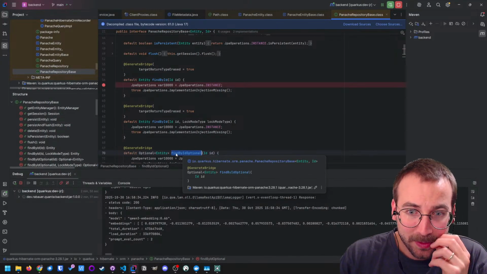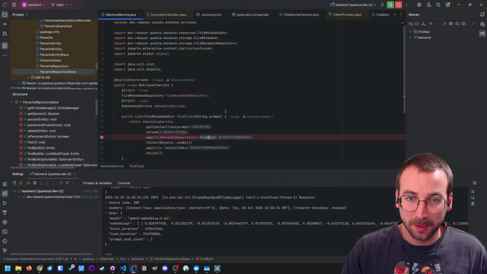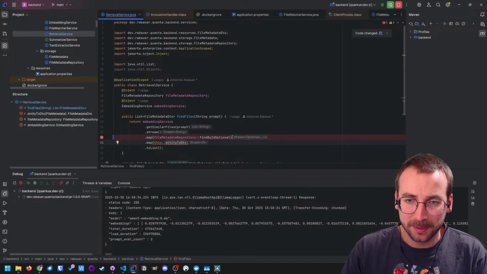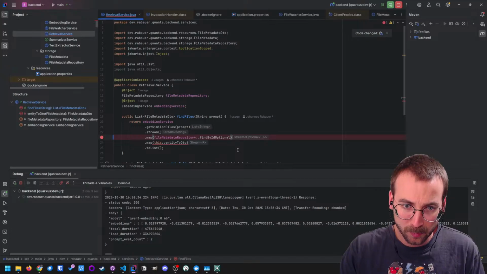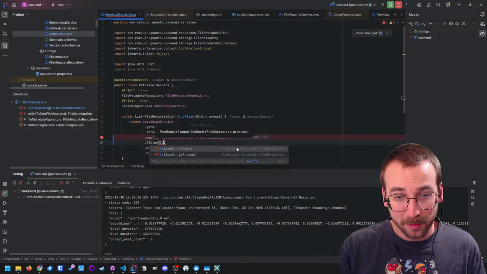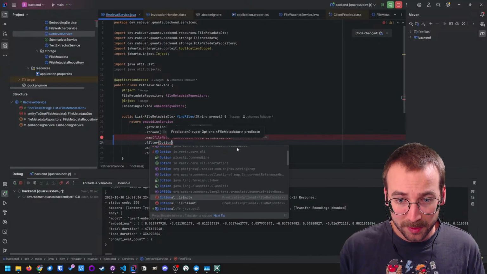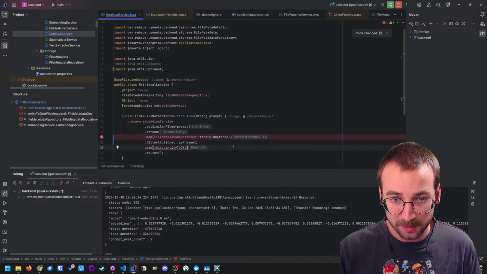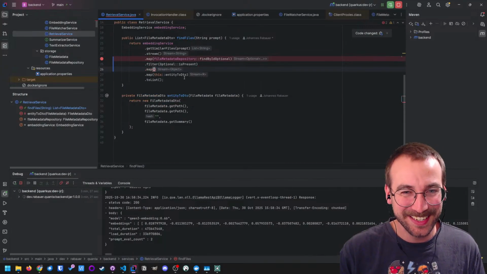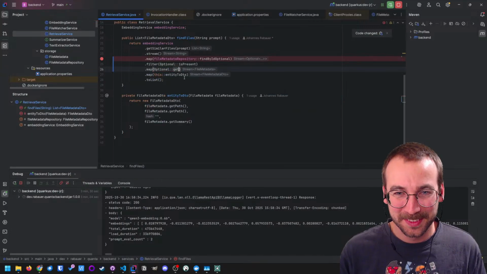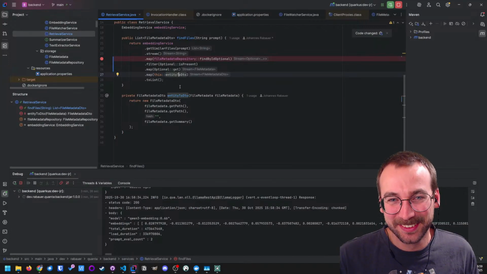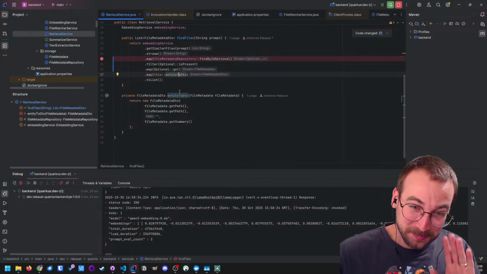Does that help here? If we take this find by optional, do we need this anymore? Oh, well, okay, no, it doesn't. Well, but I still like it much more. Filter, the optional is present. Yeah, this is much nicer. And then we map it. Is that good practice? I'm not sure. We'll do it. Yeah, so it's actually not that great. Anyways,